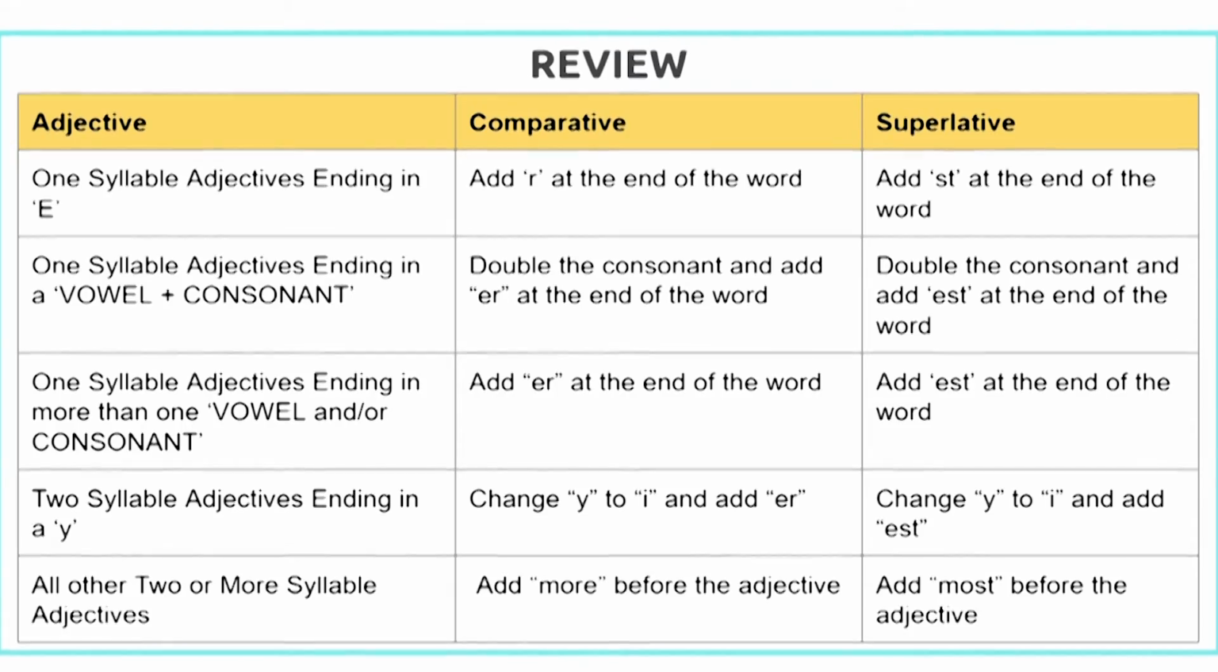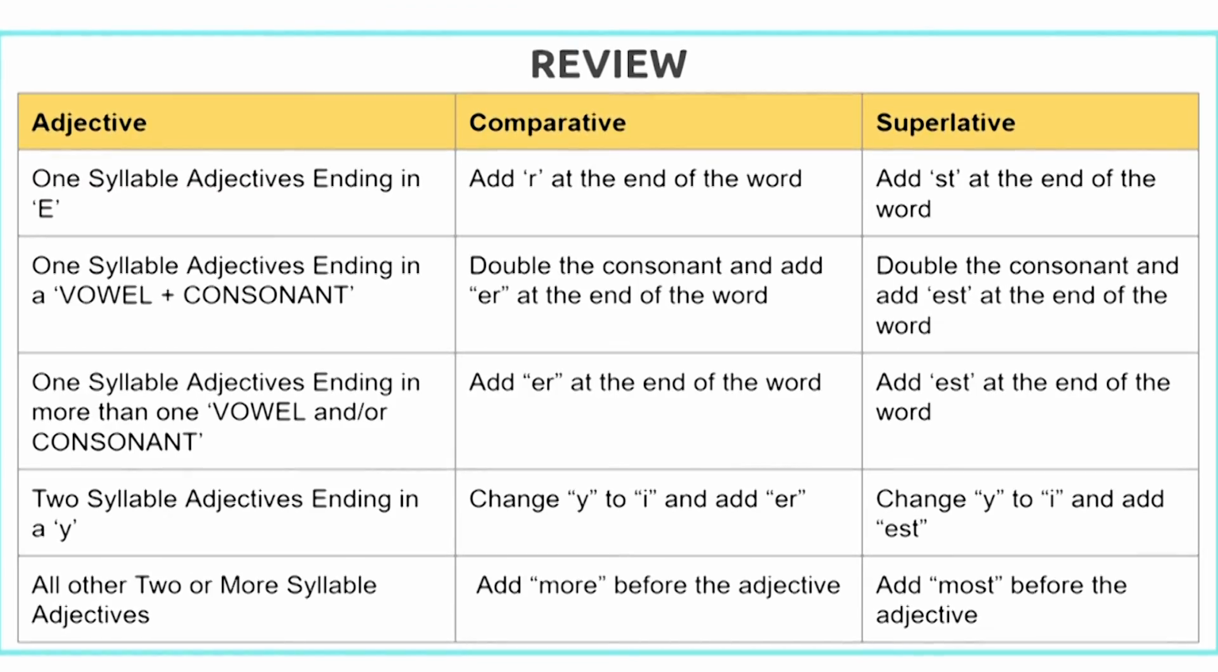Now, if we come across a one-syllable adjective ending in more than one vowel and or consonant, we simply add ER at the end of the word to form the comparative form and EST at the end of the word to form the superlative form. When we come across two-syllable adjectives ending in a Y, to form the comparative form, we drop the Y, change it to an I, and add ER. When we want to write the superlative form of this adjective, we drop the Y, change it to I, and